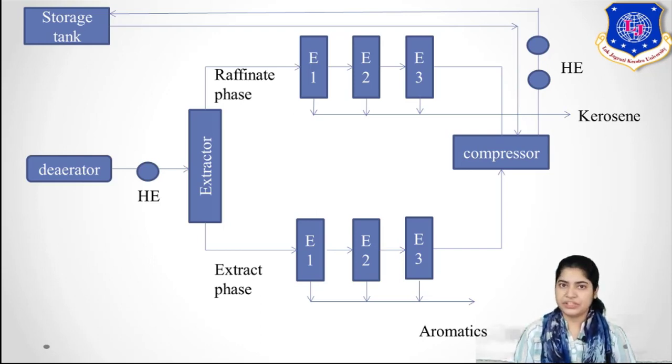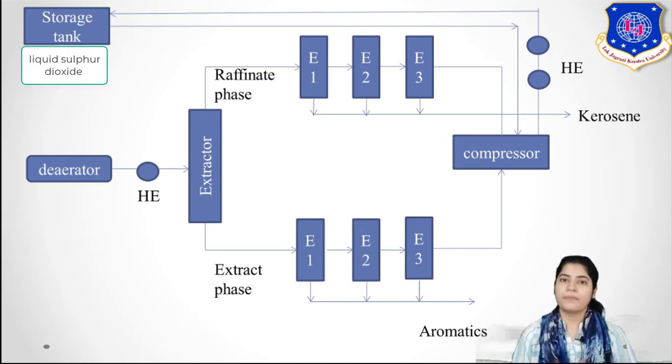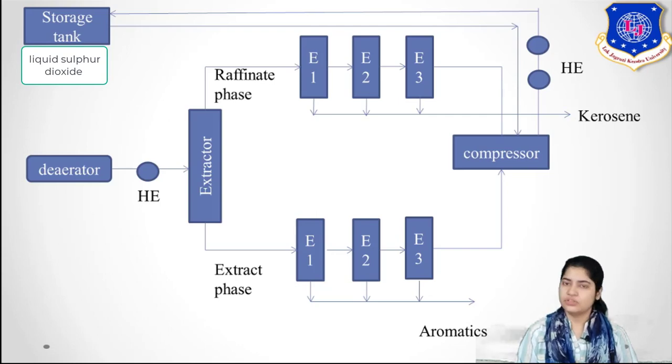Lastly, in E3, the last evaporator, you are conducting it in vacuum. So any little traces of kerosene are again taken out. Okay, now the solvent, liquid sulfur dioxide, which is leaving the E3 evaporator, is now in vapor phase. So as it is in vapor phase, again it has to be compressed. Okay, so what your compressor does, it compresses again, and then passes it to a series of heat exchangers. Okay, it is cooled down using cooling water here, and then it is liquefied and stored in the storage tank.